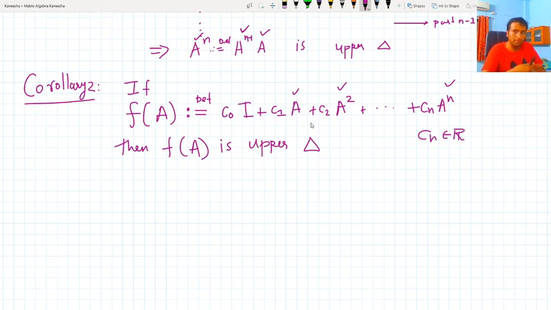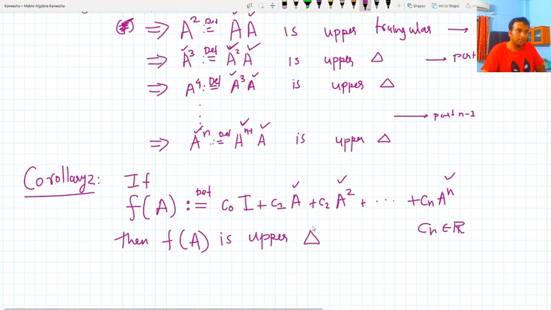We will use another fact: the addition of two upper triangular matrices is an upper triangular matrix, and hence the addition of three upper triangular matrices is also upper triangular. Of course, addition is a binary operation, so you take two of them at a time and keep adding. When we use those two results, we can conclude that this entire f of A is an upper triangular matrix. So that's it for this